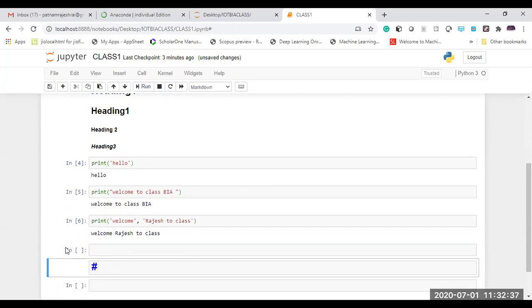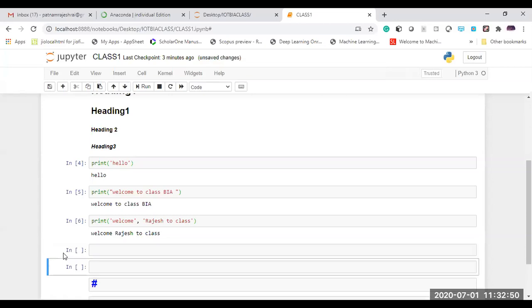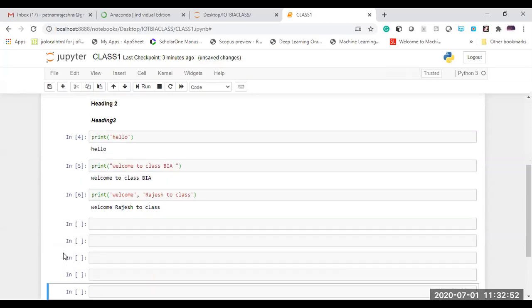By selecting this at the front side of the input line, when it is in a blue indication over here, when you press the B key, B for ball, what happens? We can insert a cell.